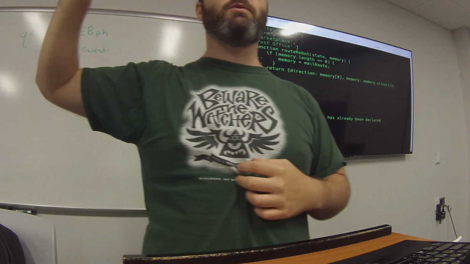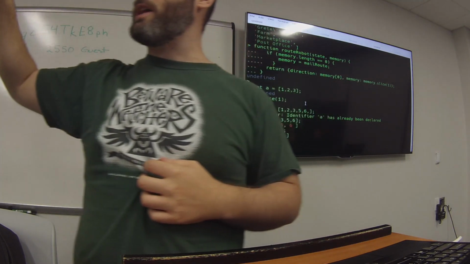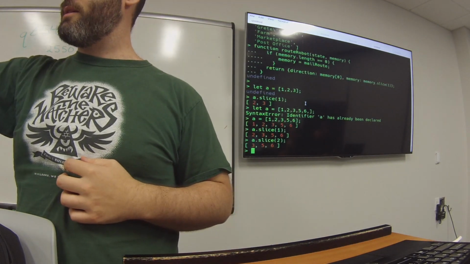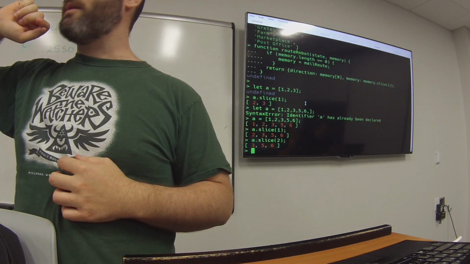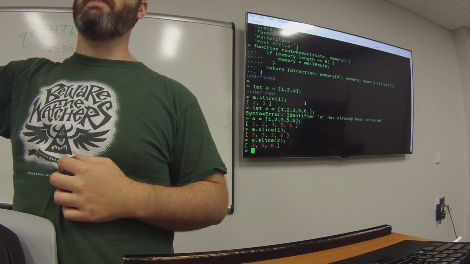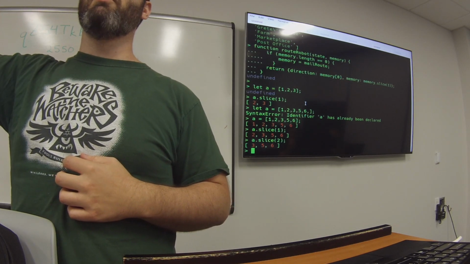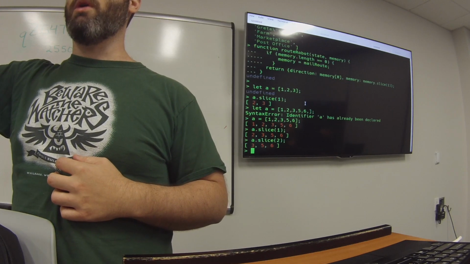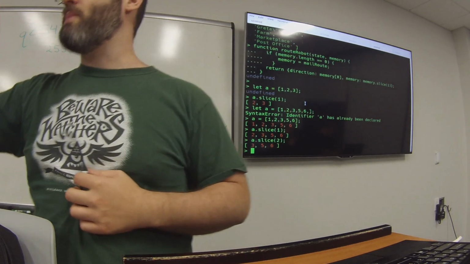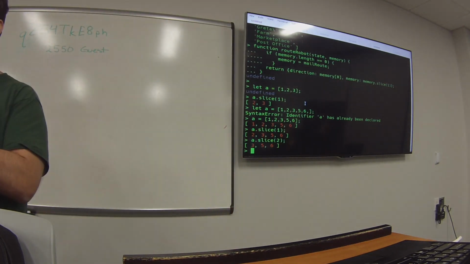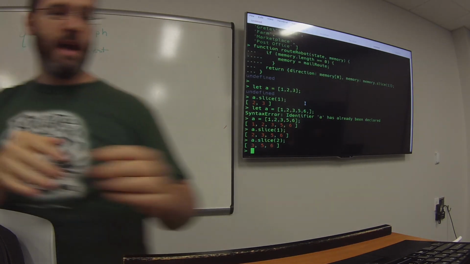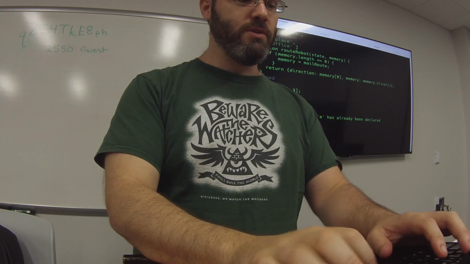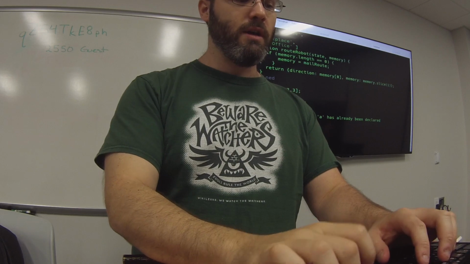So what's the difference between array.unshift and array.slice 1? Your return value. Exactly. If you unshift an element from the array, you're removing that element from the beginning of the array. If you slice one element off the array, you're getting back the rest of the array without that element. Right? So if I have 1, 2, 3, and I call unshift,